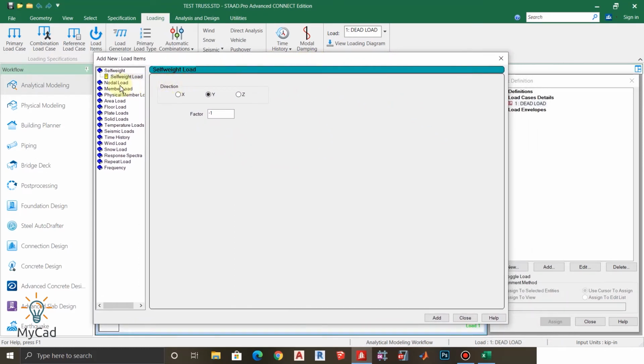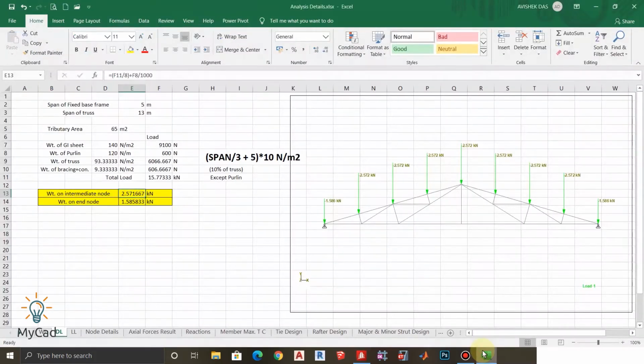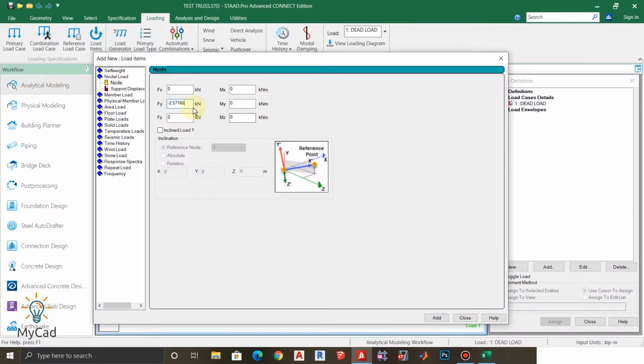From here just click on nodal load, and as our load is acting downward, we will put the value only in FY direction. So I'll type minus 2.57166. That was the magnitude, I think. Yes, and I'm giving the negative value as our load is acting downward.